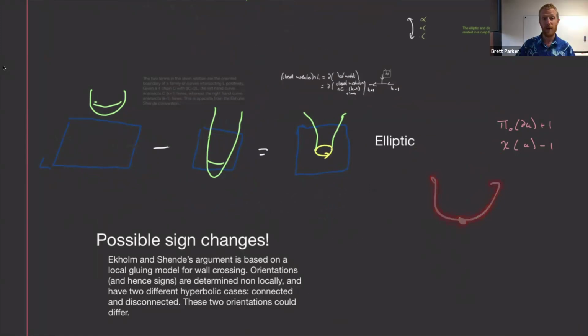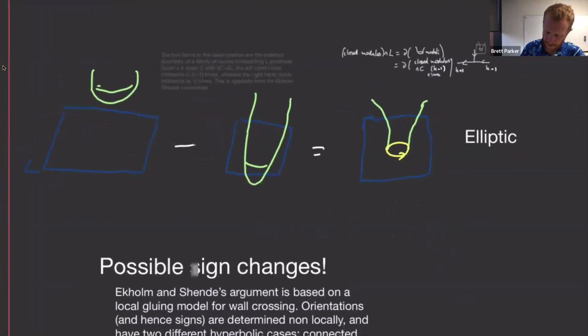And that is another one of these codimension one bad boundaries in the moduli space, which we need to get rid of. And this